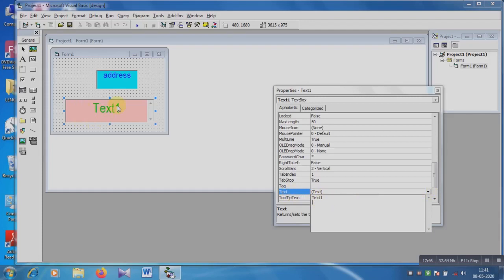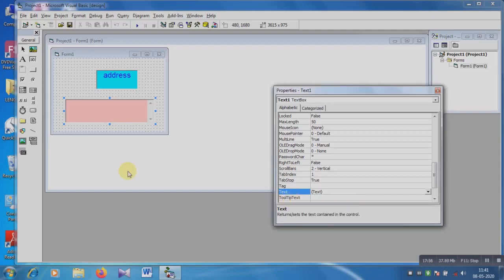Text 1 is written by default. If you want any other text, you can write it here. If you keep this blank, just delete it, the text box will be blank. That means the Text 1 which was written here will be deleted.